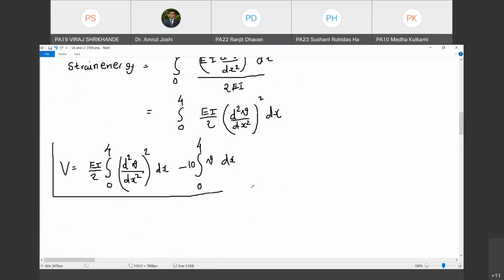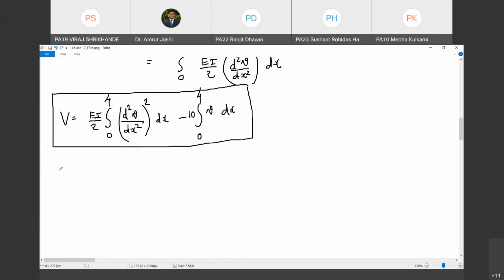We have found out the expression for potential energy stored in the beam due to bending. Please type your response in chat box if you have understood this. Then we will proceed. Anuja says yes. What about others? Yes, Pooja also says yes. Okay. So let us systematically go ahead now. Now I can further simplify this potential energy as this. I will write it as V. No, not required to be simplified any further. This is all right. So this is the equation.